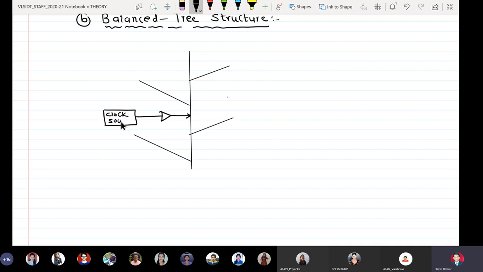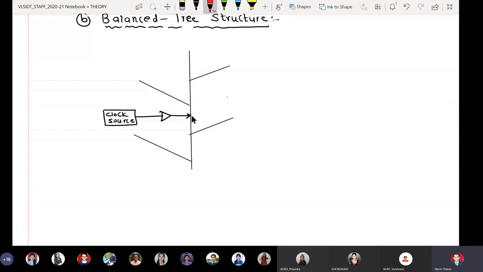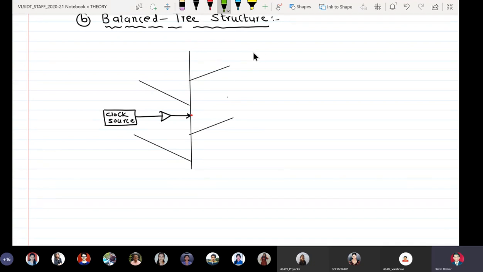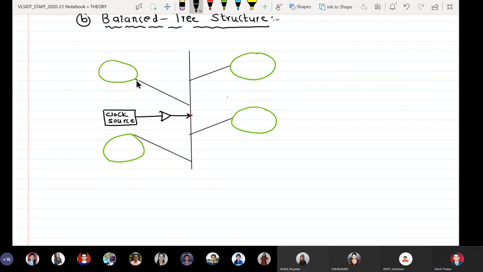We have the clock source, which is buffered to give it to the tree at this point. And then we have clusters here. So this does look like a tree, but because it is a balanced kind of architecture, it is called as a balanced tree approach.